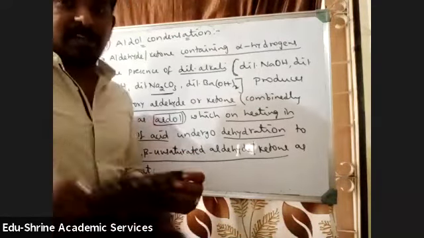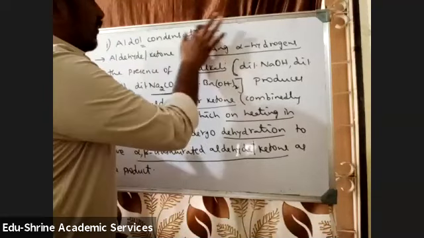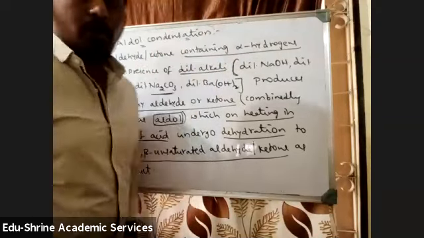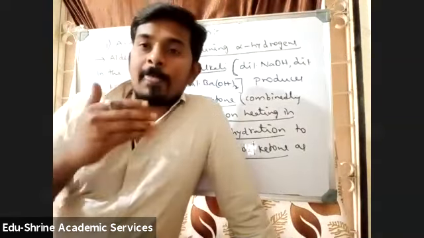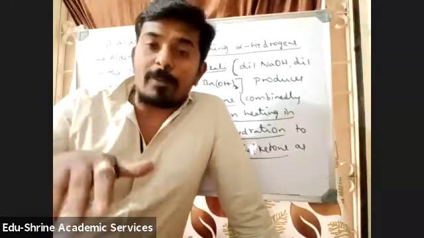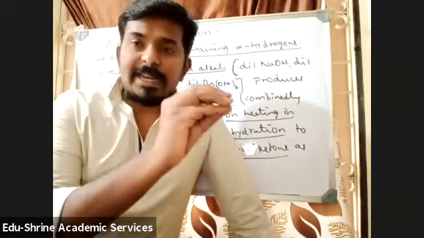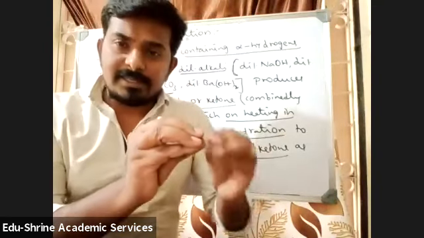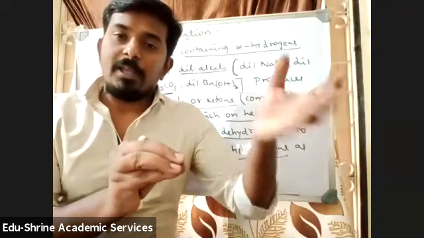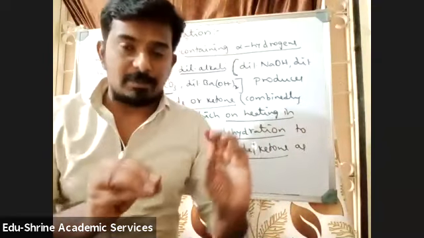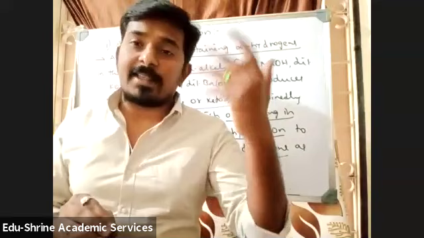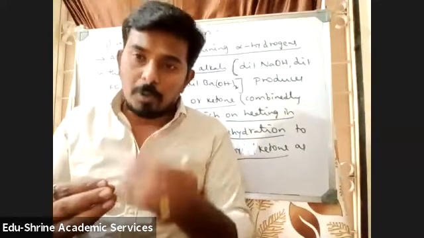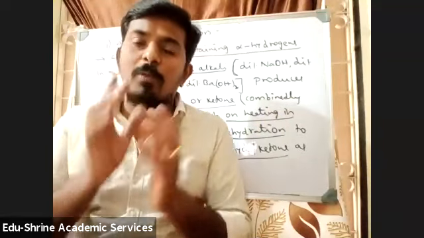Now let us see what is this reaction. First of all, we are telling it is condensation. So already we have seen these condensation reactions. What are the condensation reactions we have seen? Nucleophilic addition followed by elimination. That means some addition reaction will be taking place initially, and then some small molecule will be eliminated. In carbonyl compounds, we have seen water is eliminated. When we go to polymers or other chapters, we can see not only water, small alcohol can be eliminated, ammonia gas can be eliminated, something like small molecules.